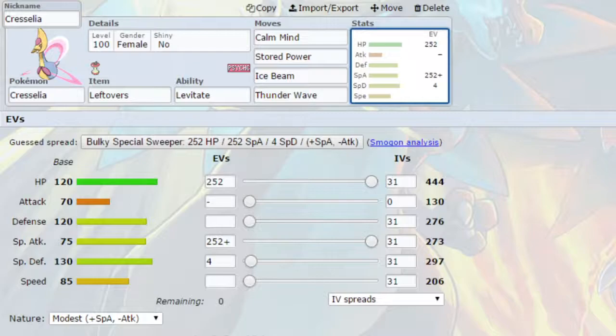Now, EVs, I've gone for max HP, max special attack with a modest nature, so more special attack, less attack, and 4 EVs in special defense. If you're wanting to try and get as many pluses in that Carmine to increase that stored power, you could potentially go for a max HP, max special defense stat with a calm nature, so more special defense, less attack,